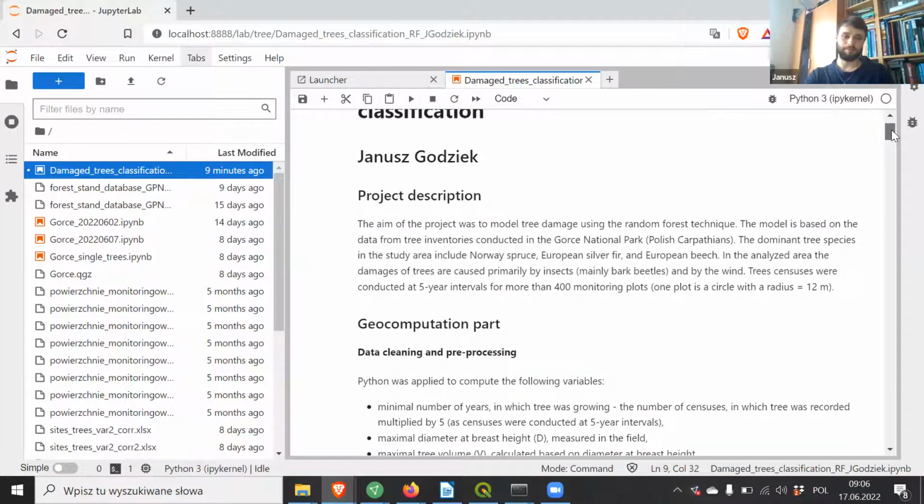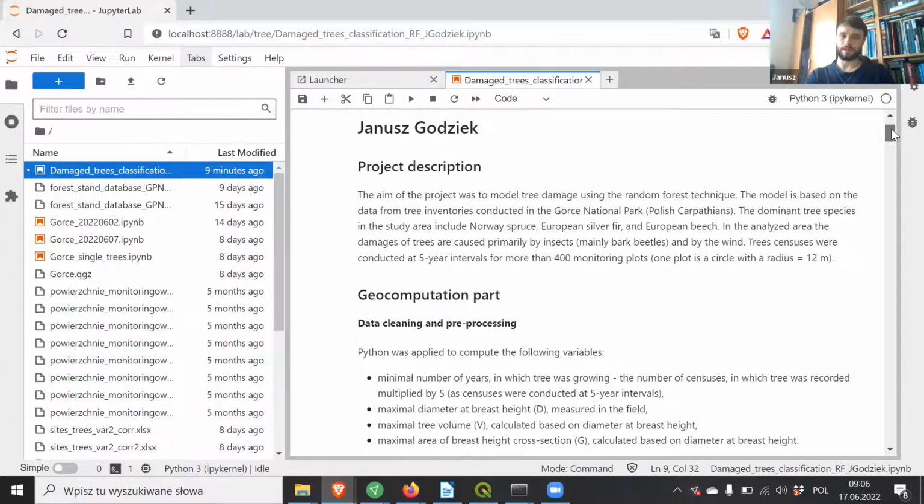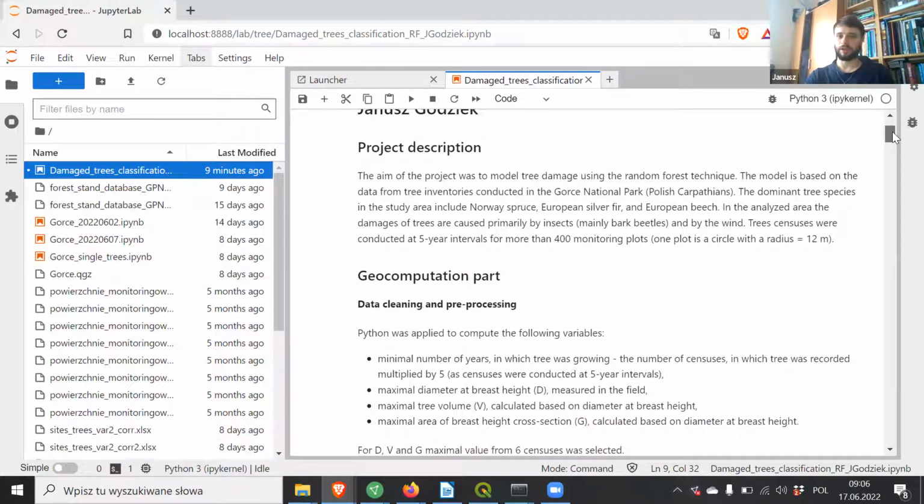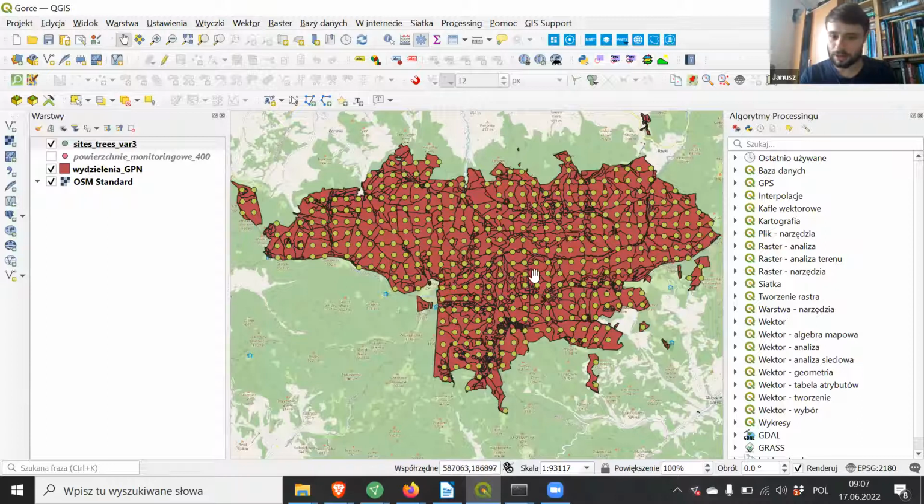Okay, so here's some brief description. The aim of this project was just to model if the tree was damaged or not damaged with the usage of random forest technique. And I conducted this analysis for one of Polish national parks. It is located in Gorce Mountains. Here you can see the location, and